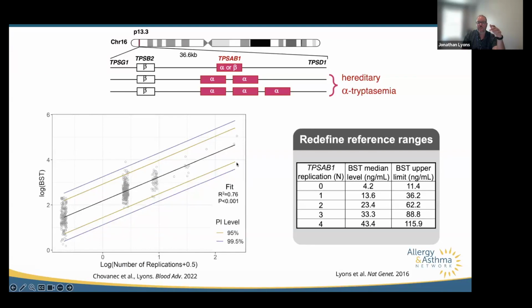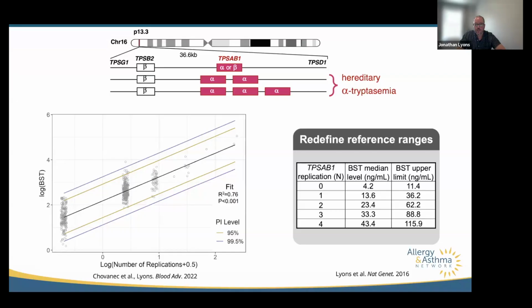And from these data, we could determine what an actual upper limit of normal is based on this major genetic driver of tryptase levels. Lots of other things have been reported to affect tryptase levels, but essentially this is really the only thing that's clinically meaningful. Weight, size, age, smoking, except for advanced renal failure, or clonal myeloid disease. This is really the one thing that, at least commonly, impacts. Renal failure is fairly uncommon locally, and myeloid disease is quite rare.